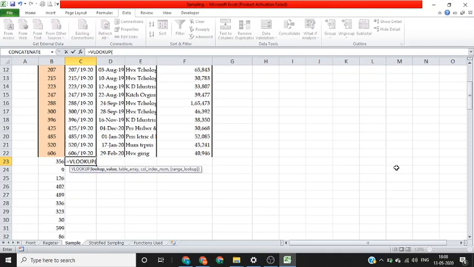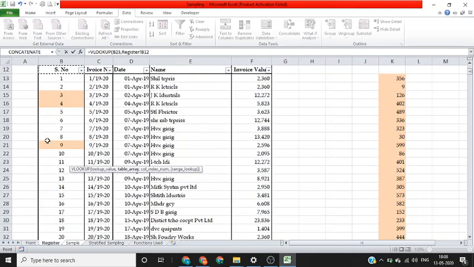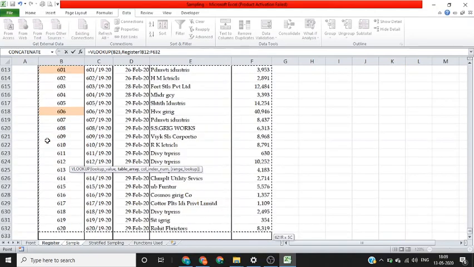VLOOKUP. So serial number is our lookup value. Our sales register is our table array. We will freeze this part. Then we need to select the column numbers. Now since we need multiple columns, we will be using an array here. So we'll put curly brackets and write all the column numbers that we want.